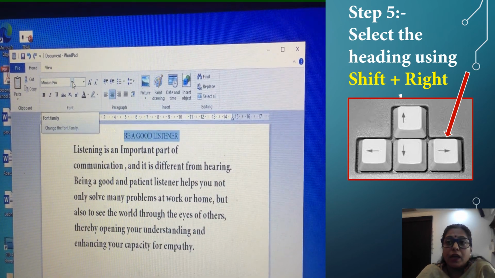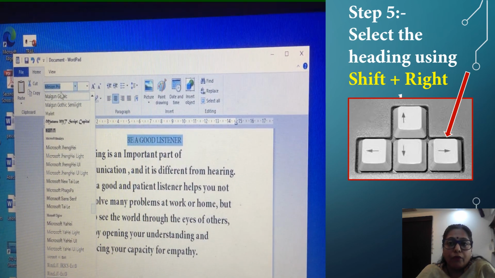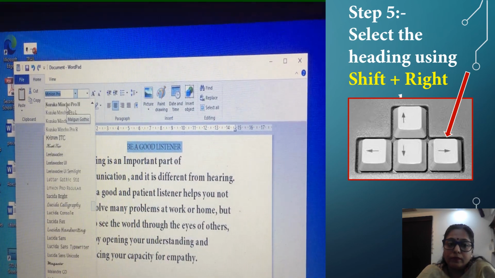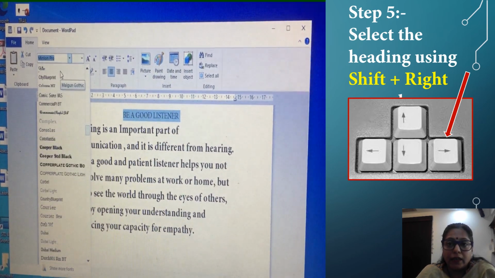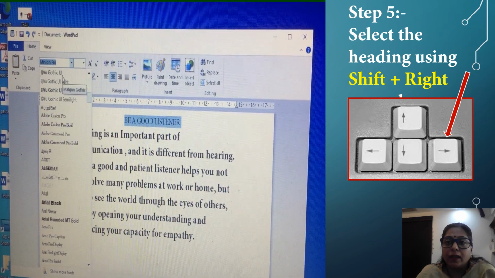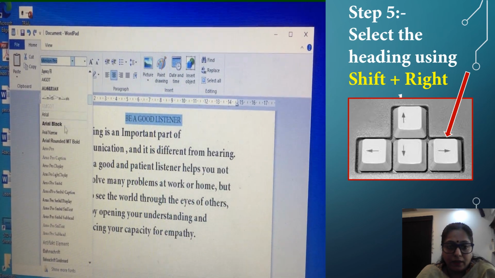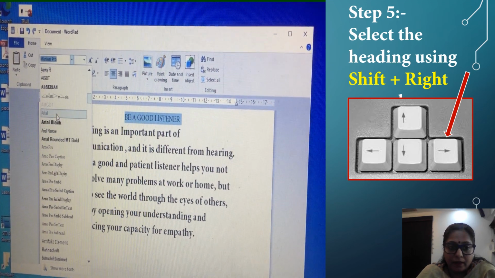Then change the heading font to Arial. Which one? Arial. Like this. You can see Arial.